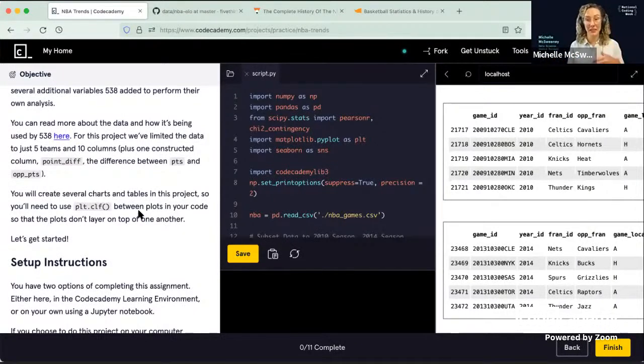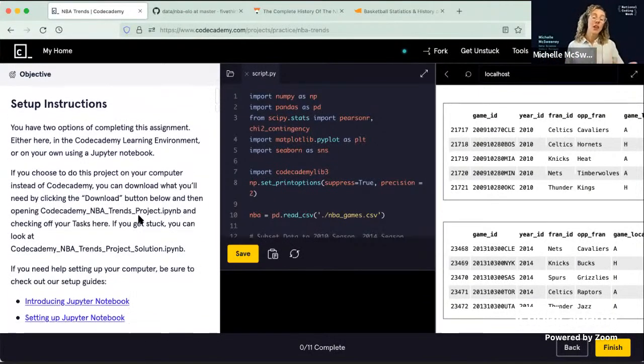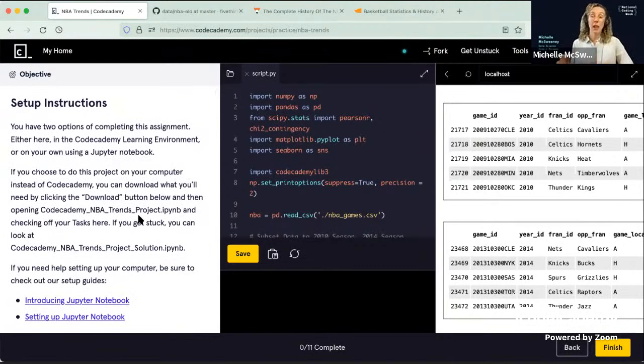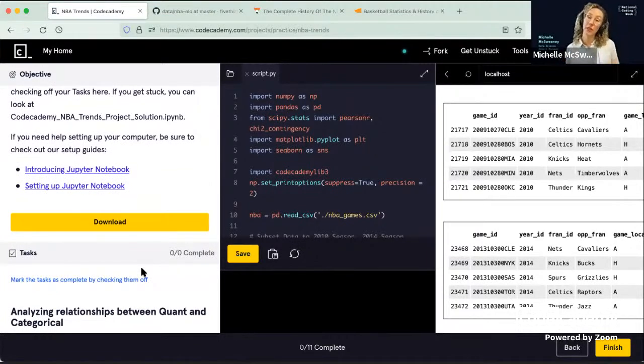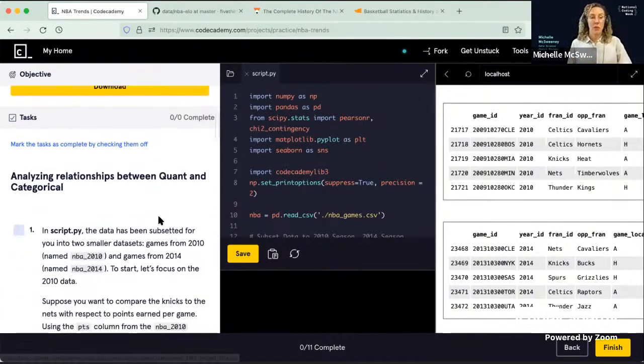Without further ado, let's get started. We'll go through the other things. Quick little note. If you have Jupyter notebooks installed on your computer, feel free to do this off platform. It makes it a little bit easier to export it and then host it somewhere where you might drive traffic to your project. Okay. And at the end, we'll talk about different ways that you can present this work for a portfolio. Okay. So the first thing that we are going to do is talk about these packages that we have